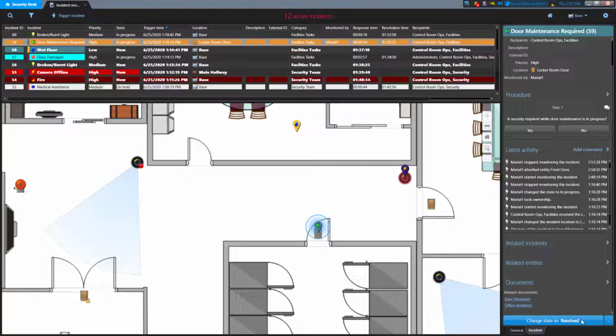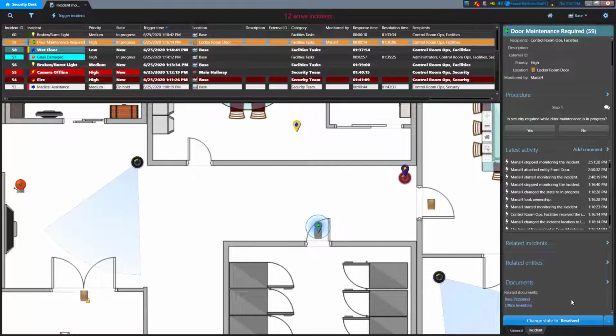The Quick State Change button will show you the next logical state change, so you can just click on it to put the incident in progress, resolve it, or other common state changes. The Menu button shows a list of things you can do with the incident, like taking or releasing ownership, changing the state, adding reminders, or exporting the incident information. If you right-click on the incident in the list pane or the incident pin on the map, you'll get the same menu with the same options. So there's several ways to bring the menu up.